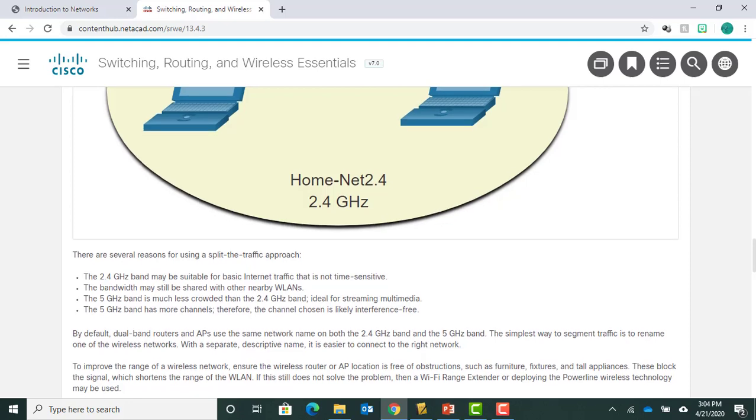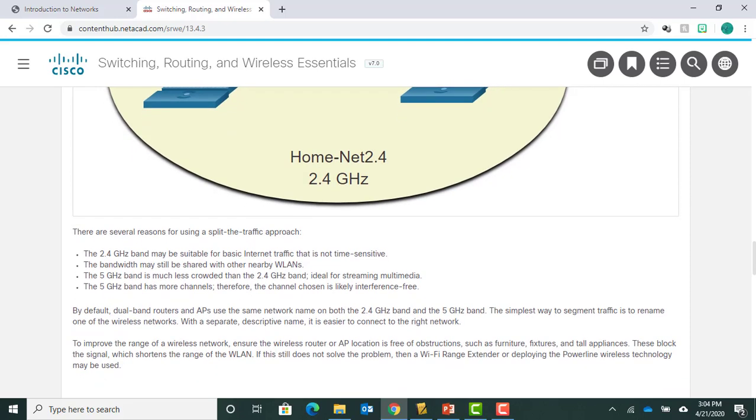There are several reasons for using that split traffic approach. The 2.4 gigahertz band may be suitable for basic internet traffic that might not be time sensitive. The bandwidth may be shared with other nearby wireless LANs. And the 5 gigahertz band is much less crowded than 2.4. Remember, although it's a more powerful and stronger band, the 5 gigahertz band doesn't seem to go as far as the 2.4. By default,